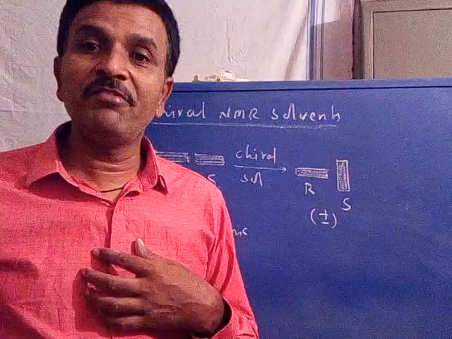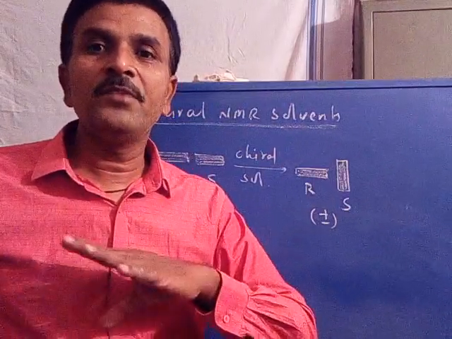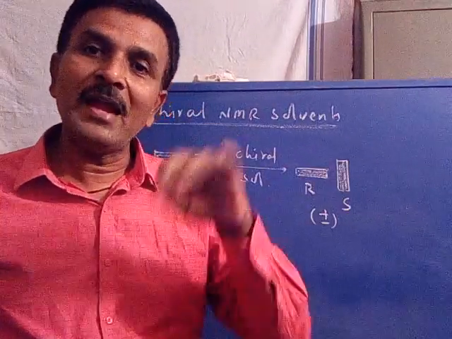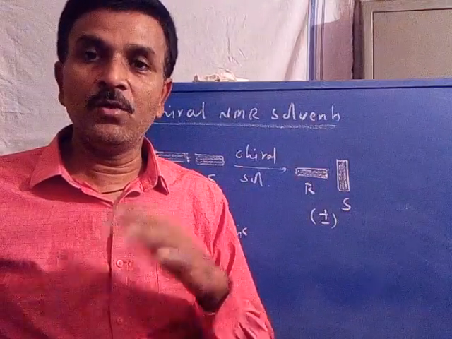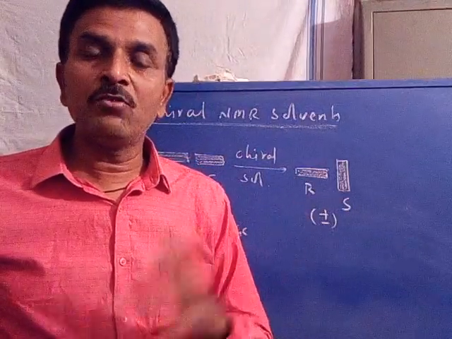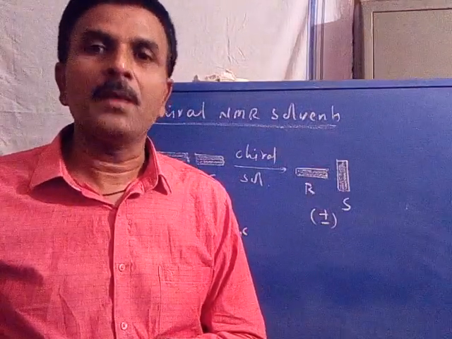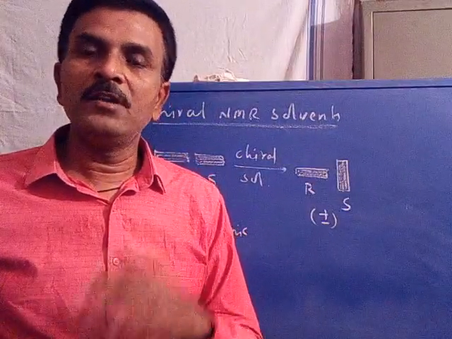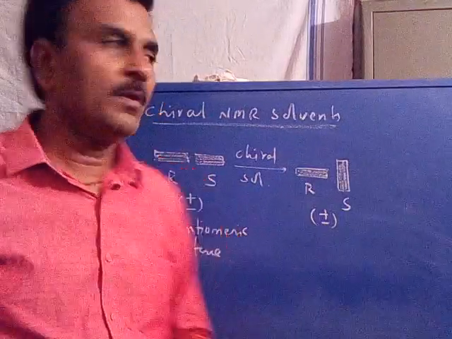So with that difference, we can discriminate the enantiomers. Initially, the absorption frequency of the proton of both isomers is the same. We cannot discriminate. When we add some chiral solvent, what happens? That affects the orientation of the molecule, the orientation of the isomer. So isomers are oriented in different ways. That leads to a change in the chemical anisotropy, followed by a change in the absorption frequency. Even though it is a small difference in the absorption frequency, we are able to discriminate the enantiomers. Is it clear?